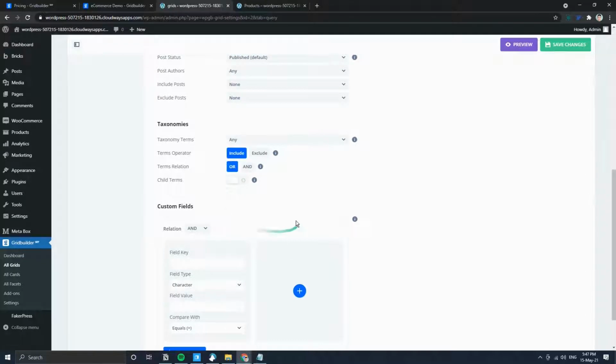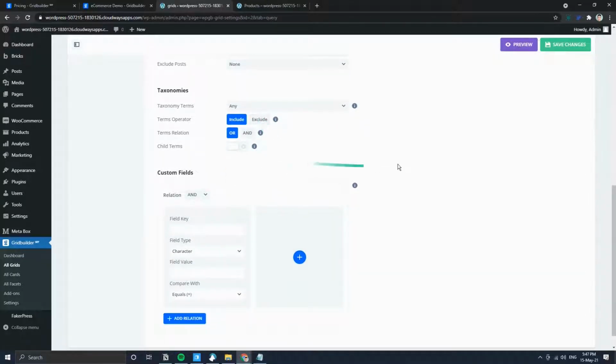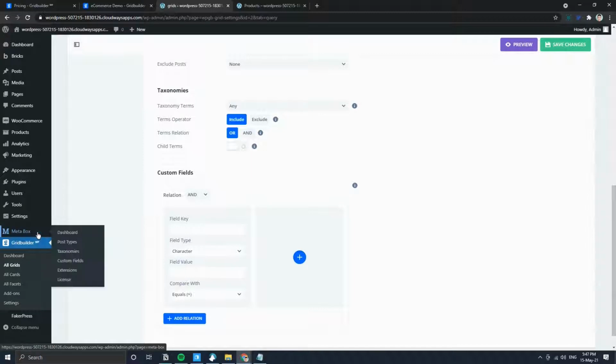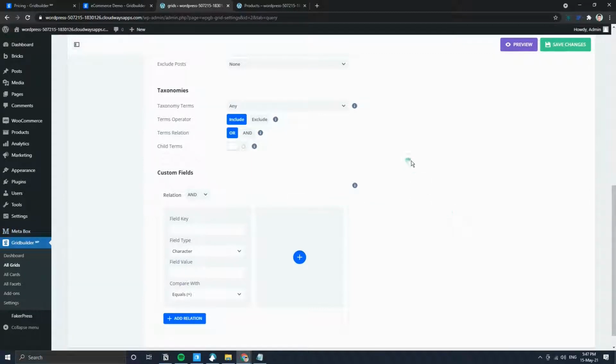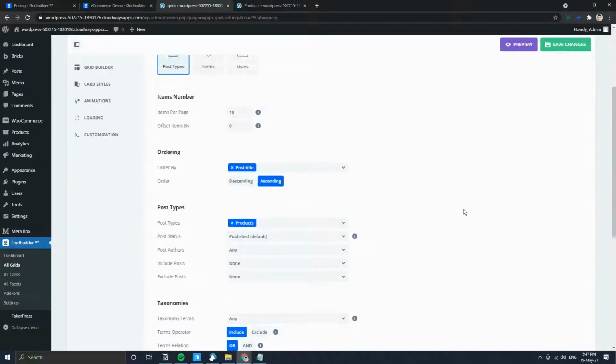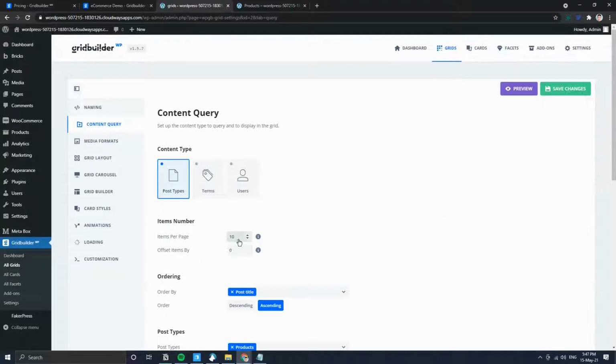Published. Everything else you can leave as it is, but if you're using Gridbuilder WP to filter custom post types, then this is where you might want to fill in the custom fields to make sure that you are pulling the right data in. Maybe in a future video I'll do one with Gridbuilder WP and Lettrebox, but not in this video. This video is mainly for e-commerce. Okay, so I'm happy with this. Maybe I'll set this to 8 instead,